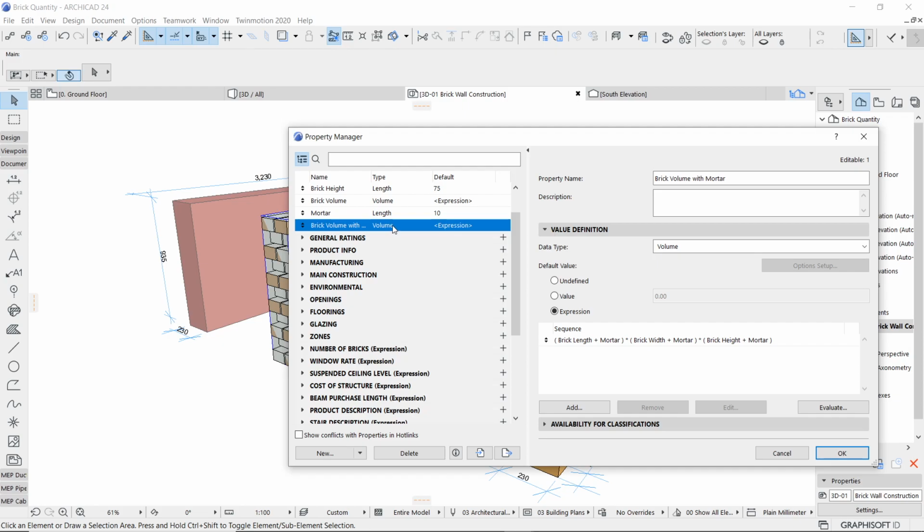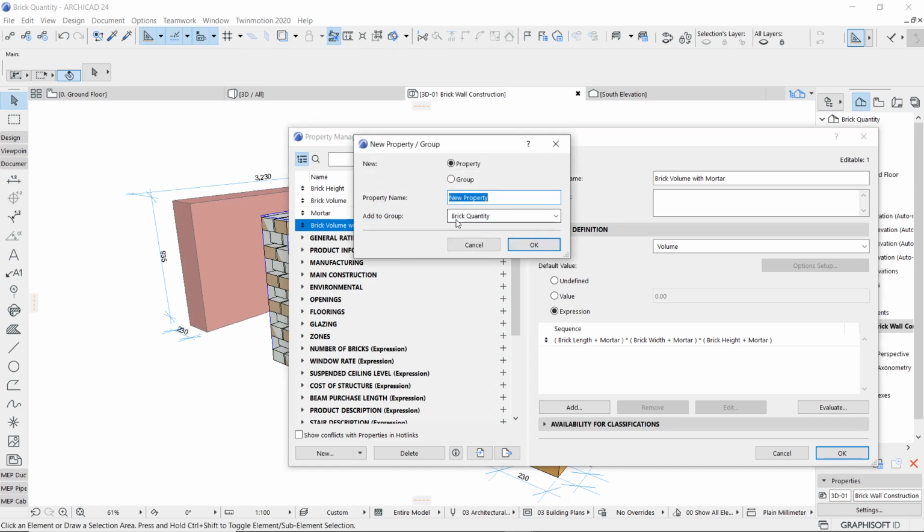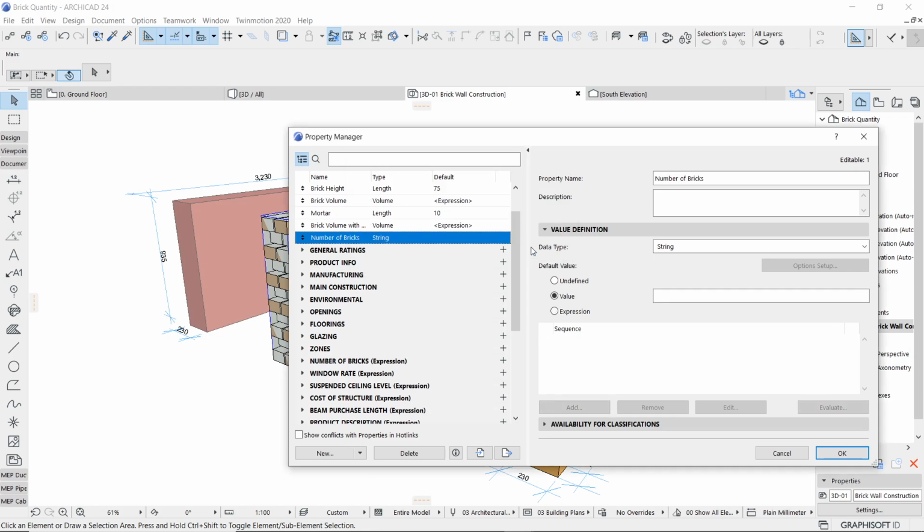You have to define one more property. You can make a duplicate if you want, or otherwise you can create a new property, and the new property is nothing but number of bricks. Okay, so number of bricks. Say okay for this.